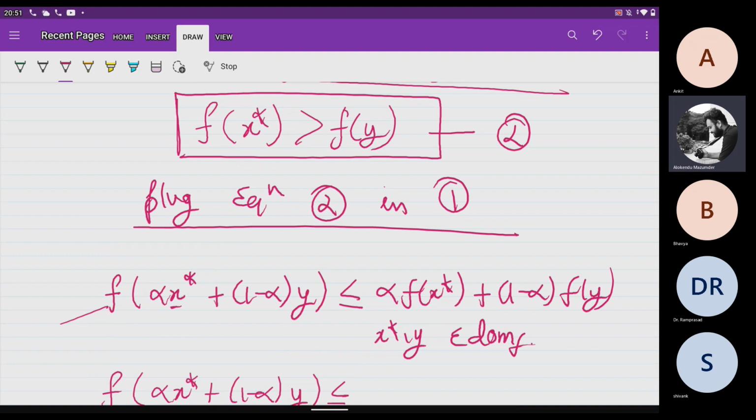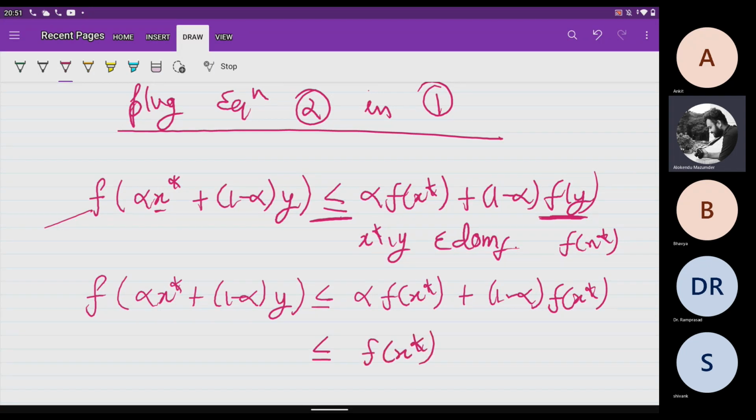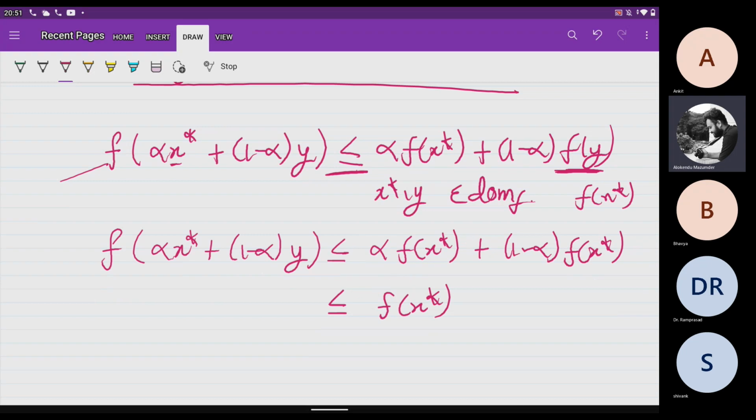So it's basically f(y) is less than f(x star). I will be replacing f(y). See, there is an inequality sign here, so I can replace f(y) with f(x star) here, right? Using 2, because in 2 f(y) is less than f(x star). So it basically says that